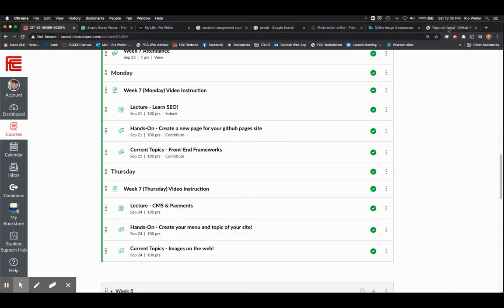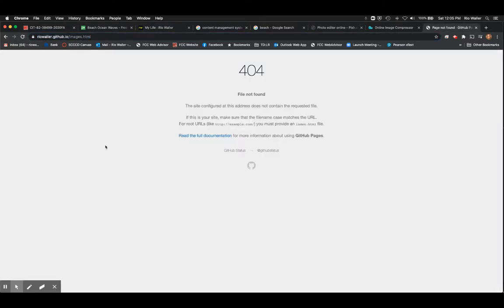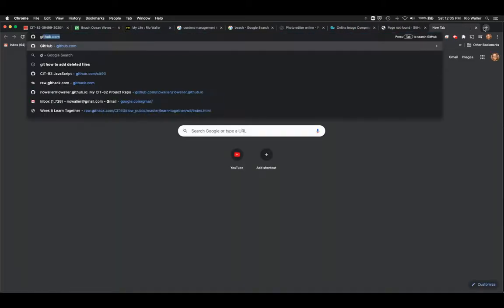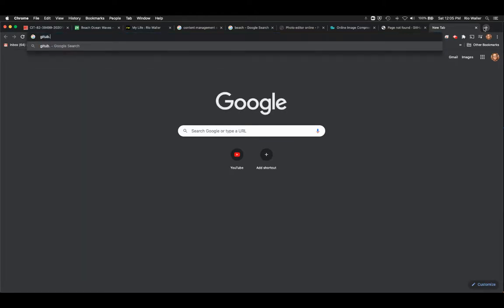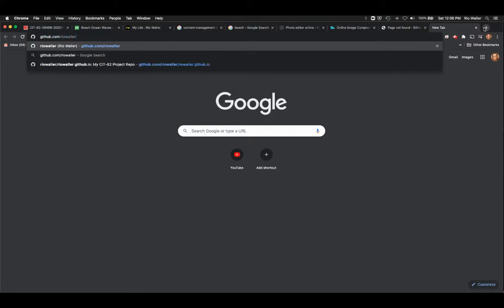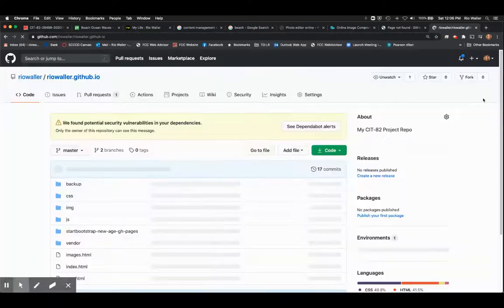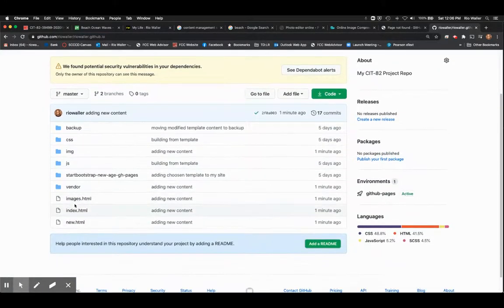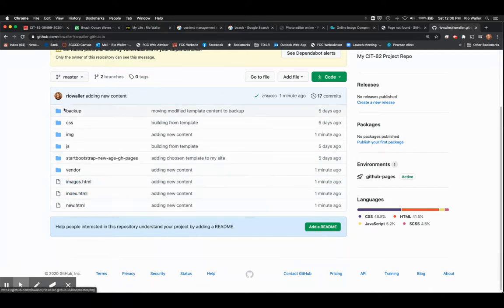Let's see if it's resolved yet. Let's see if it's up there. It's taking a little bit. Now, one thing you can always do if this happens is to make sure you actually, and actually for me it would be different. Actually it would be github. And actually right there it would be. And I would just make sure I was in the right directory. Oh yeah, and I see it here. Cool. So now remember, this is not the type of link you want to give us. I'm just saying, did it show up? Yeah, it showed up a minute ago.